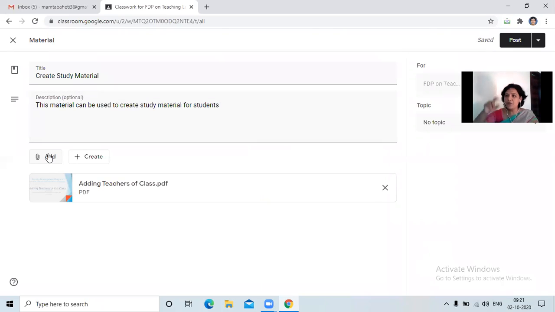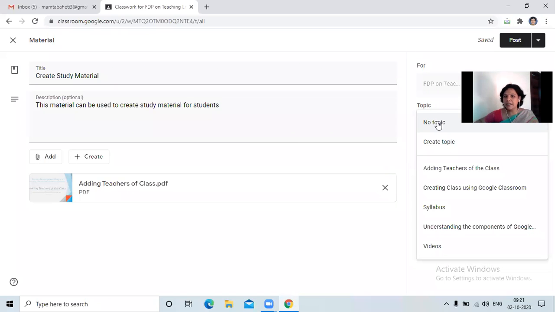Now, if I want more study material for this topic, I can just click on add. If the material is sufficient, I'll click on create topic if the topic is not listed amongst these.